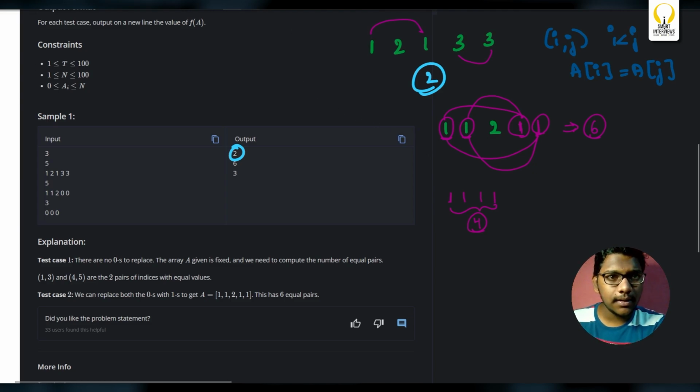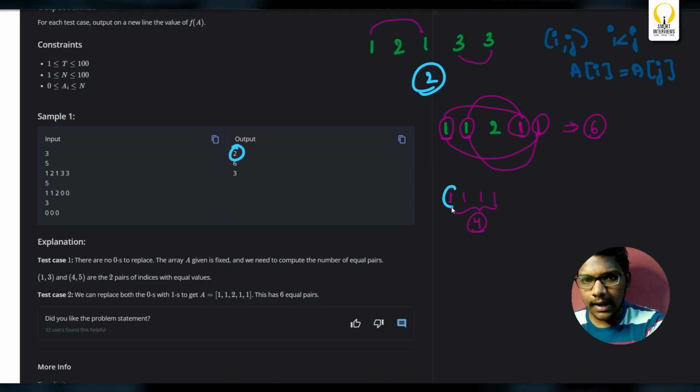This one can pair up with all the remaining ones, which gives us 3 pairs. So 3 plus this one can pair up with these two ones, which is plus 2, plus this one can pair up with this one, which is 1. 3 plus 2 plus 1 is nothing but,